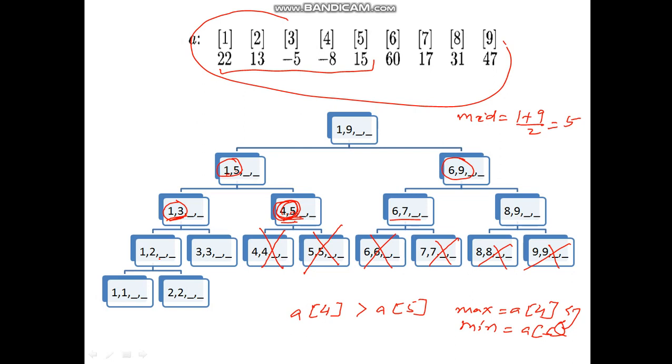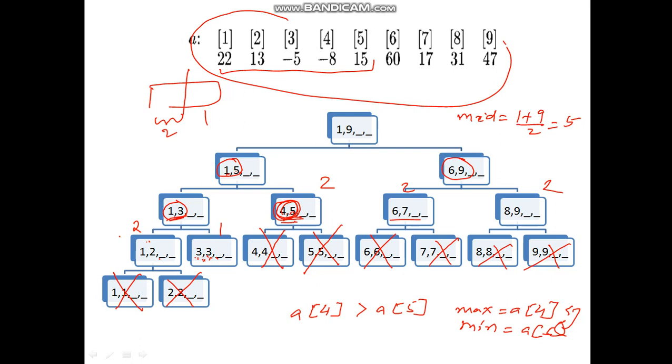So this array of size 3 will be divided into 2 subarrays, one of size 2 and one of size 1. Whenever it is of size 2, it is not necessary to divide it into single elements. And since here it is a single element from 3 to 3, the lower index is 3, the higher index is 3. So this subproblem has problem size equal to 2. We have to solve all these subproblems.